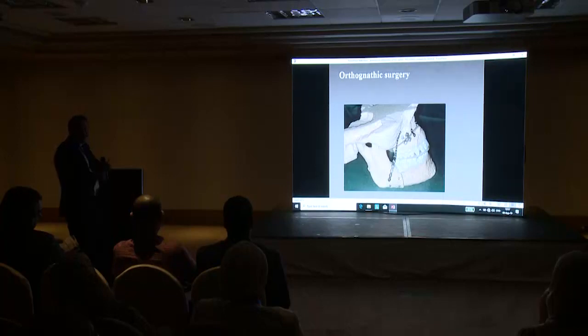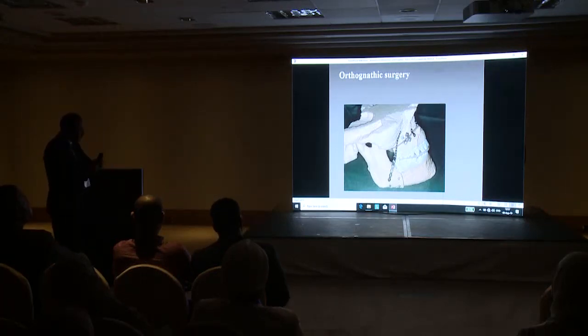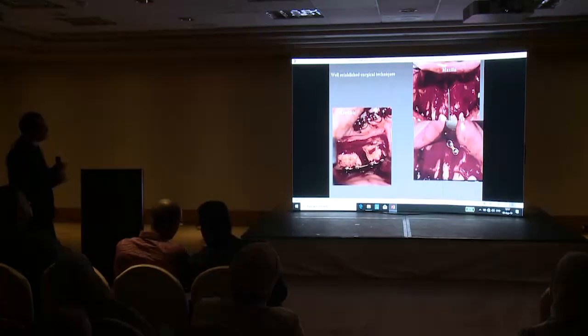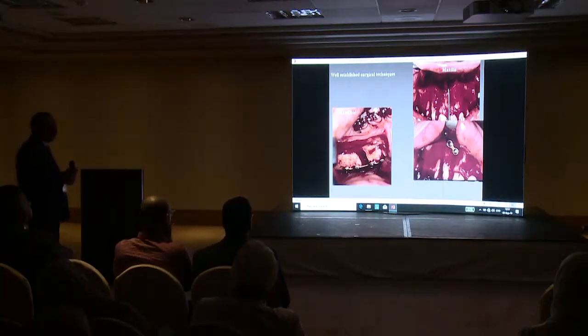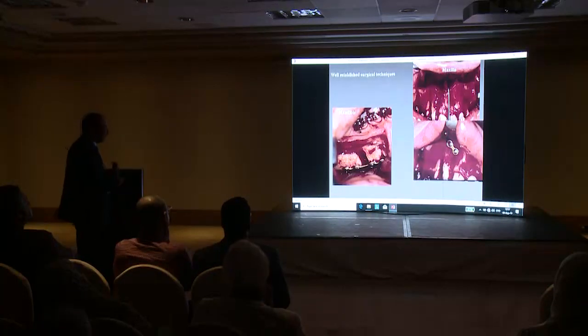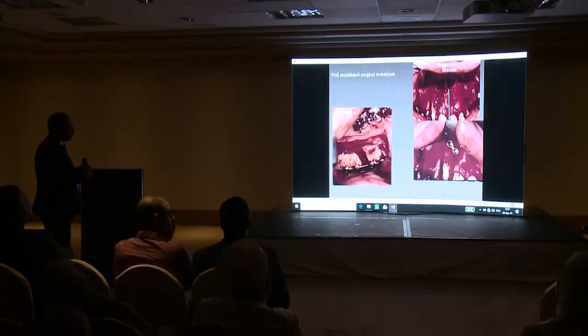And in the mandible, we call it sagittal split osteotomy. You don't need to know the exact technique of this. Here in the maxilla, we have a very well-established surgical technique. It is safe if you are trained, and most of the maxillofacial surgeons are trained in such surgery. And you see here,